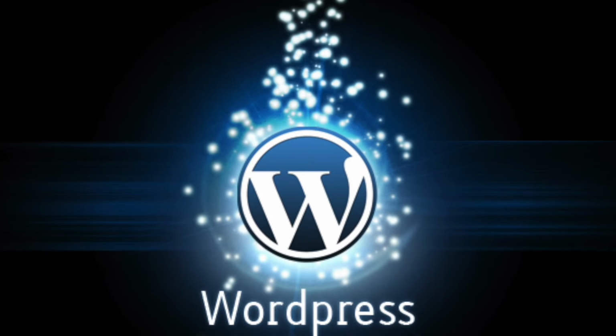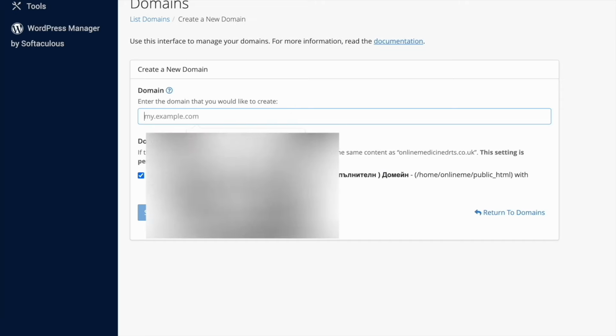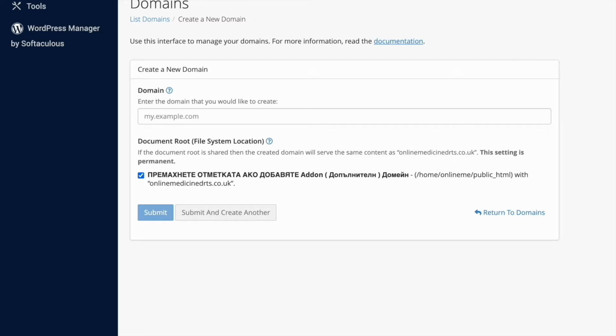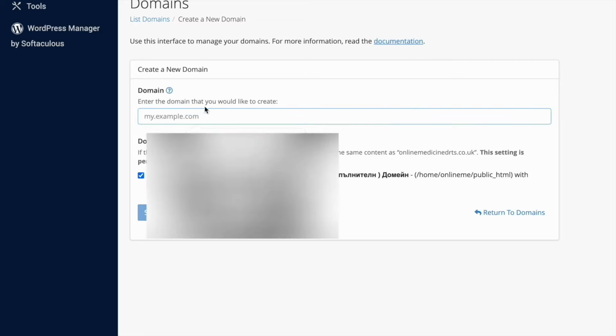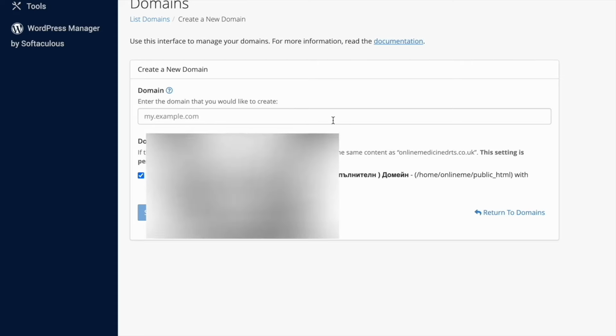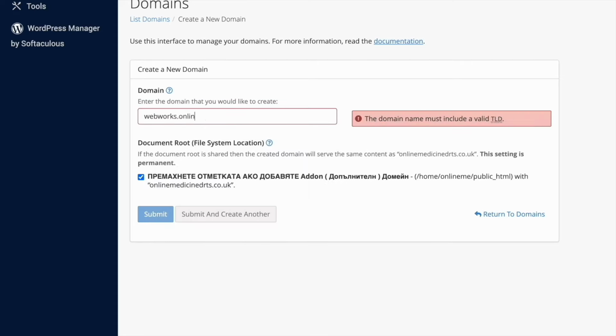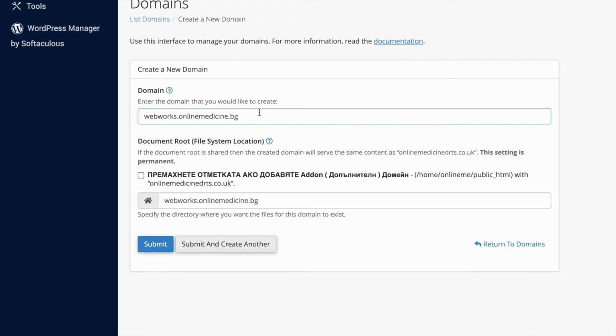So what we are going to do now is create a new subdomain. Some of these things come up in Bulgarian for some reason when my language is set to English. I have no idea why, but we're going to do it this way. So I'm going to put webworks.onlinemedicine.bg. So it's not part of DRTS, which is my main website, drtsin.info, but I decided to create this video